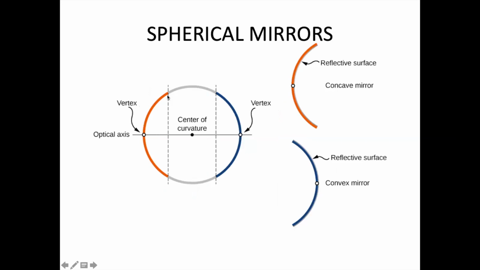Which side is shining? A concave mirror is shining from the inner side, and if the outer surface is shining, which type of mirror is formed? Convex. So if this is a sphere they have taken, if I cut on this side and make the inner side shining, a concave mirror is formed. So imagine this whole sphere and this is a center. You know what is a center of curvature? It is a point. This will be the radius of curvature. One side only you can put.